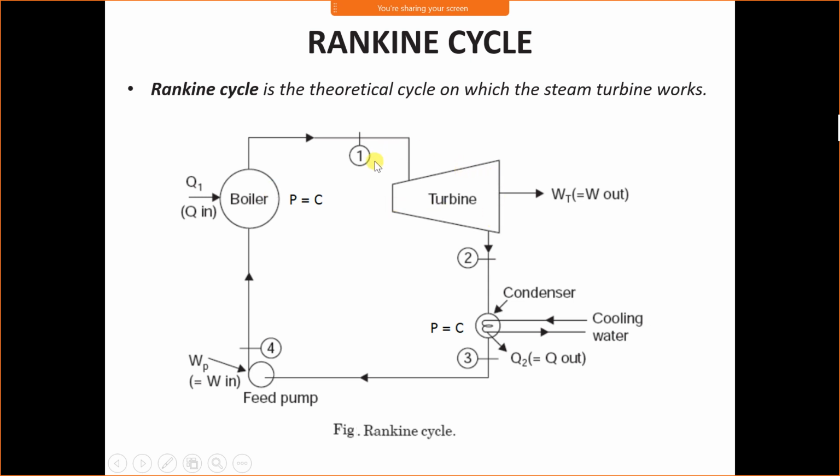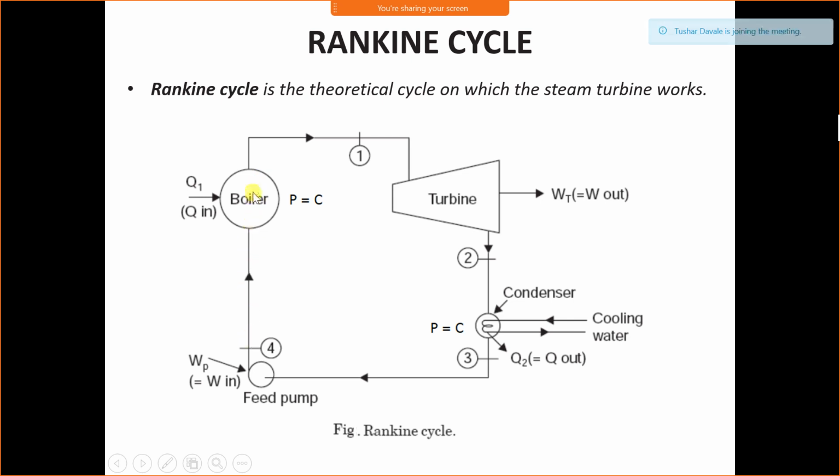But in the turbine, steam enters at very high pressure. In the turbine, pressure decreases. In the pump, water enters at very low pressure and the pump raises the pressure of water so that water can enter the boiler, because inside the boiler the pressure is high. To supply water in the boiler, we have to pressurize water above the boiler pressure. Therefore, we use a pump.